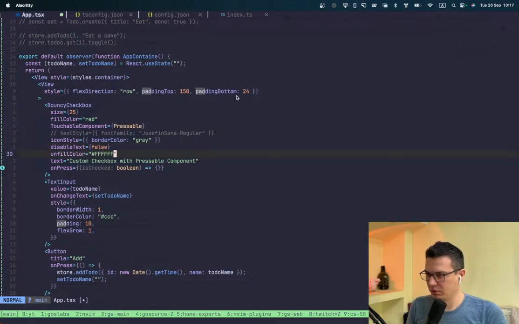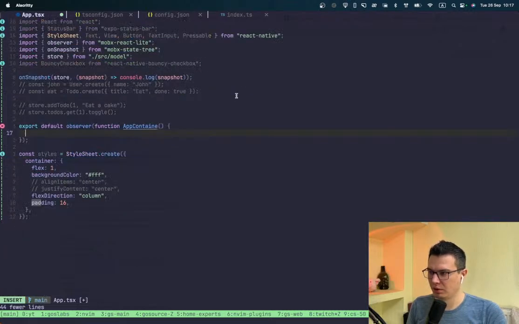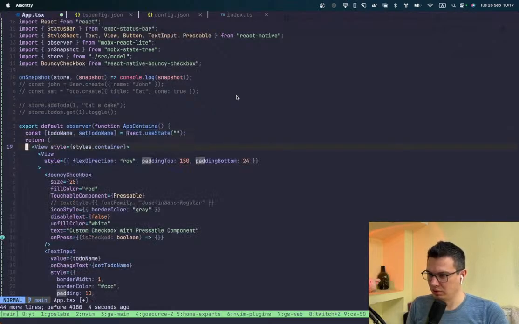Fonts. And fill white. And text. Oops, I did something wrong. Yeah. So text will be our